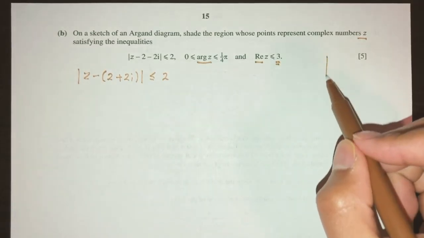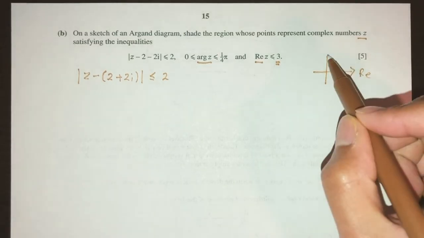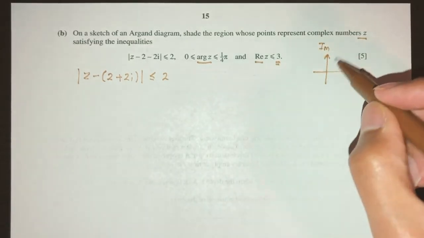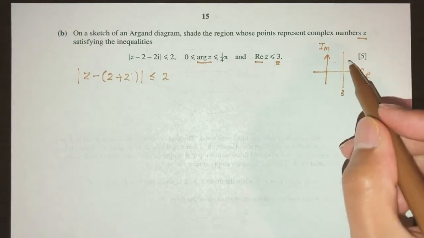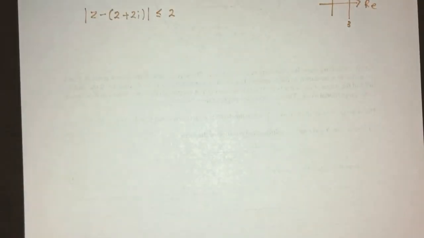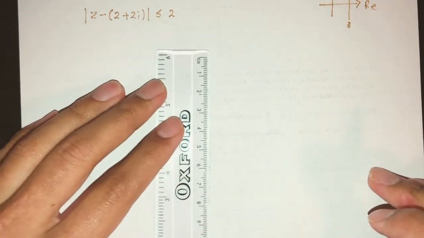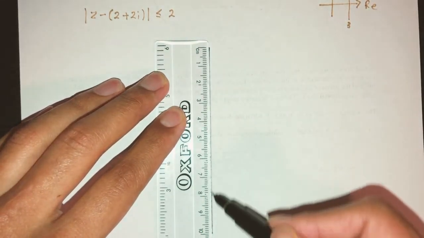So as you know, for this graph, this will be your real axis and this is your imaginary axis. So real part is basically a vertical line, has to be value 3 and less than 3. So let's draw everything together. So first let's draw our axis and label a scale so we can use that to help us find the correct locus. So that's my imaginary axis